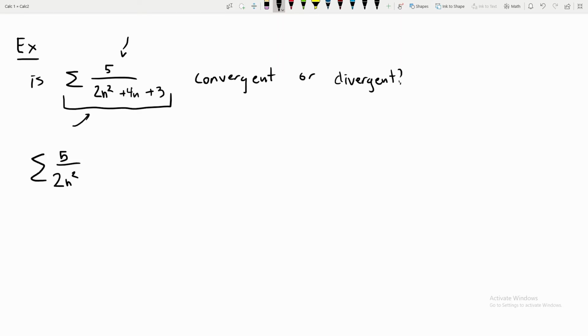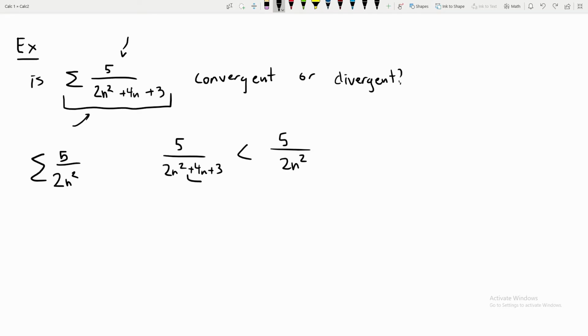So this right here is going to be the series that we are going to be comparing this one to. So let's analyze the terms. First, we have this series that we started off with right here, and we want to compare it with 5 over 2n squared. Now, it's pretty obvious that this term is going to be larger than this one, because